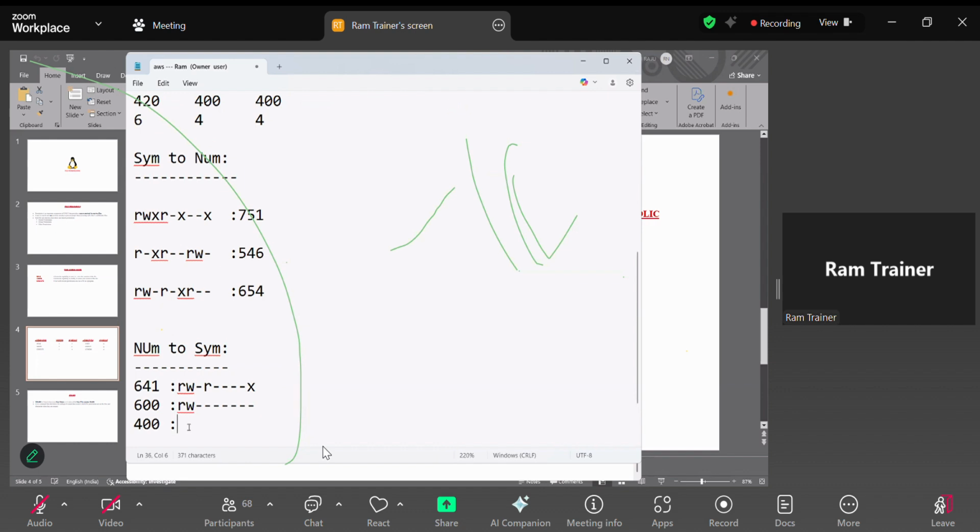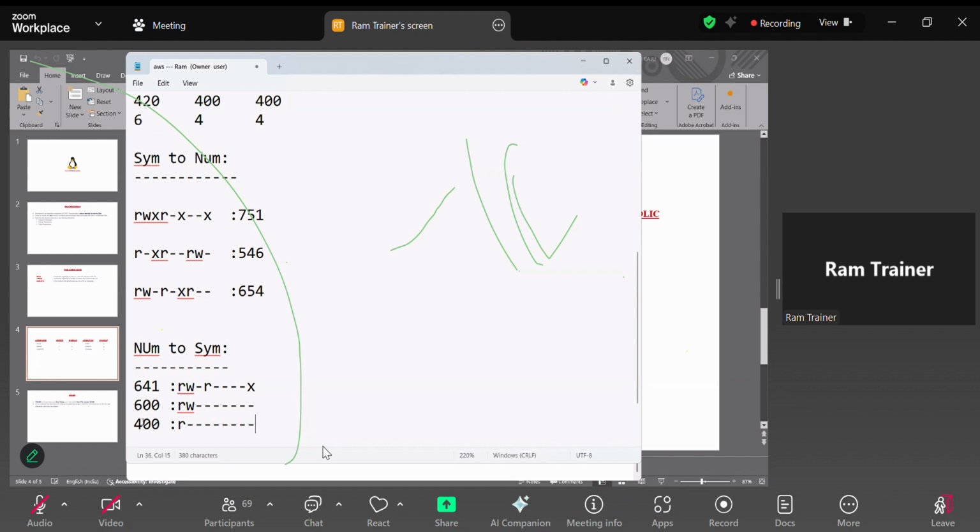Did you remember anyone? 400 value. Where is the 400 value? Read, then all dashes. Do you know what is the 400? I think AWS people, why do they set up the key pair with 400? This is the meaning of the 400. Only user can read, but group members and others have null permissions. That's why every AWS key pair runs with 400.